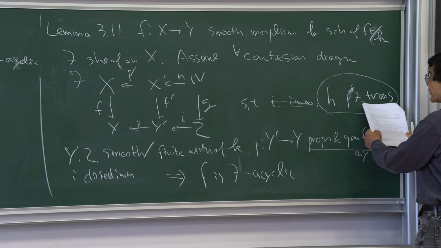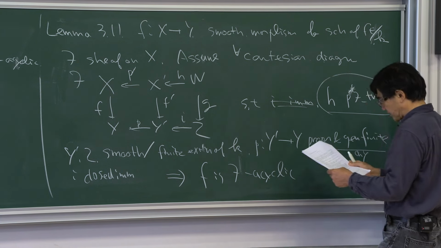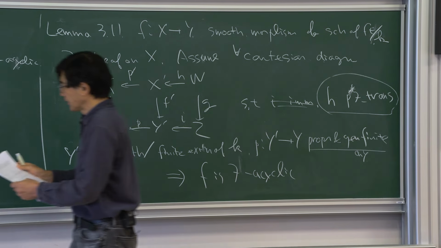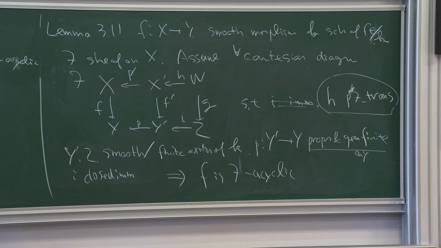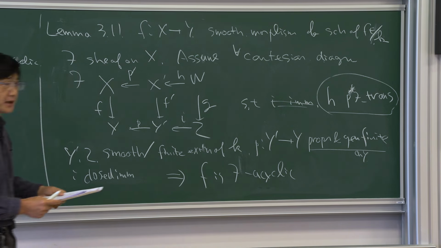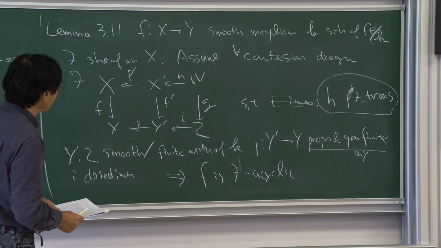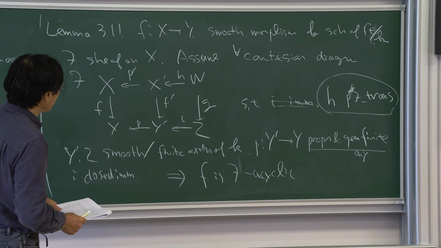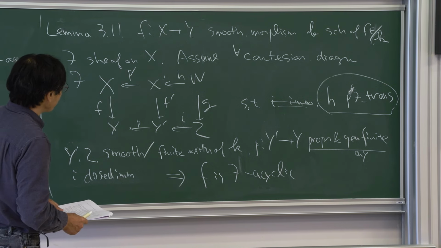This means that transversality implies acyclicity. We can prove this by using alteration, but I omit the proof. The assumption is: for any Cartesian diagram with Y, Z smooth of finite type, P proper, geometrically finite,